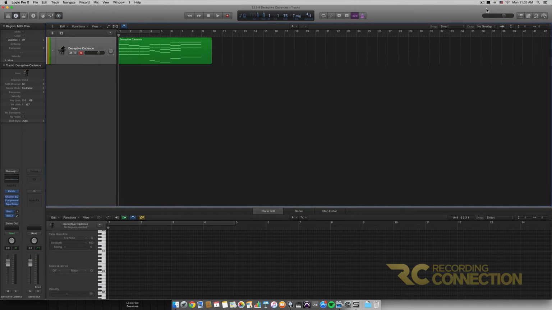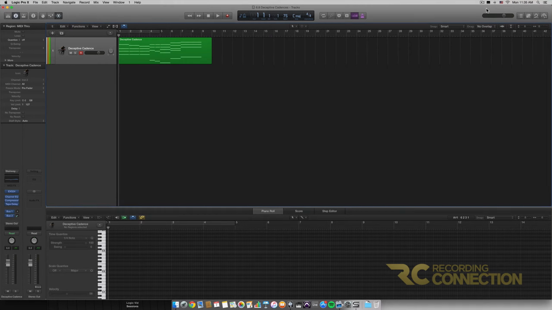Now, typically, this is what I'm going to do. I'm going to go ahead and separate these two chords right here. Command T at both sides. And then I'm going to duplicate the track by holding down Command D, and I'm going to Option drag this region right here real quick. I'm going to mute this track. So if we isolate this particular chord progression or cadence between the D dominant seventh resolving to a